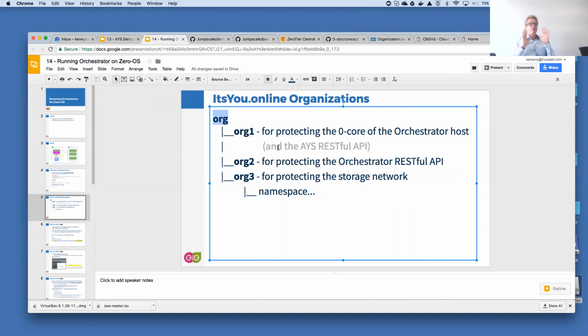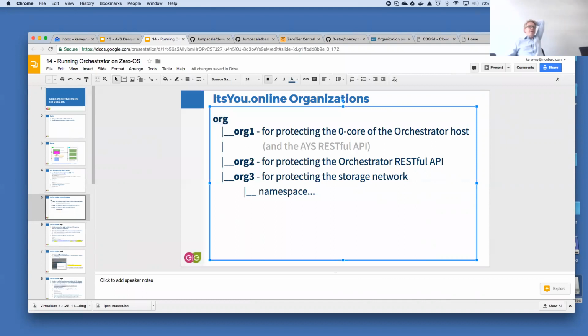By the way, you are free to create 3 independent organizations. So it's not necessary to create one big organization and then create 3 sub-organizations. You could easily also create organization 1, 2, 3, and they would exist next to each other. So that's also very possible. It's up to you how to do it. I'd love to do it like this. It makes it more structured and it's clearer what you're actually trying to achieve.